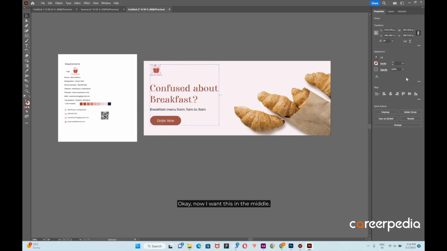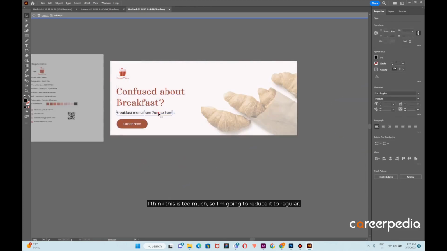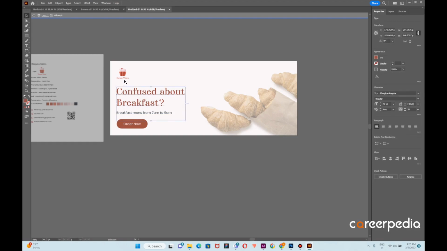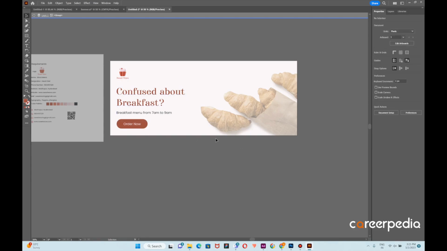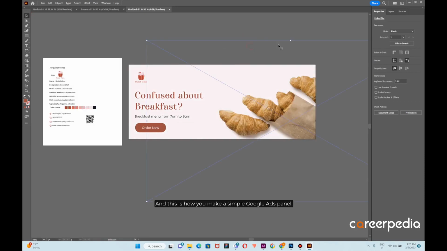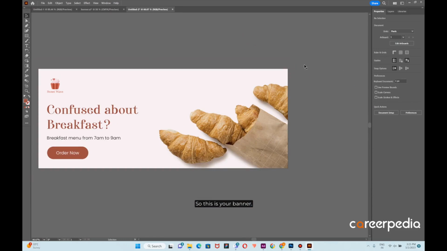Okay, now I want this in the middle, so middle align. I think this is too much, so I'm going to reduce it to regular. Okay, cool. And this is how you make a simple Google Ads banner. So this is your banner, and it can be placed wherever you are posting the